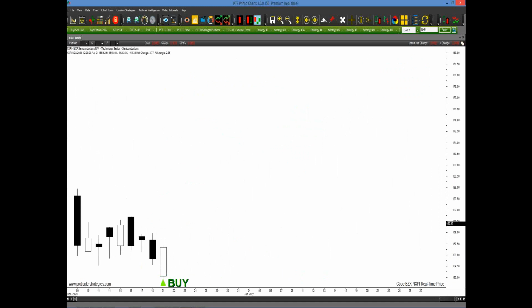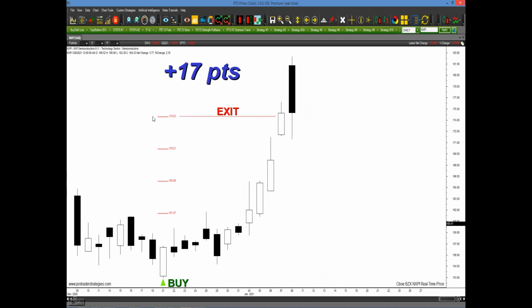NXPI, there was a buy signal generated at the end of December. You click on the strategy number 9 tab, you click on range extension exits, and there they are. So if you feel there's enough volatility, you would place your limit at 174.53 at the high level to exit. And in about a couple of weeks, you got there with a nice 17-point gain,